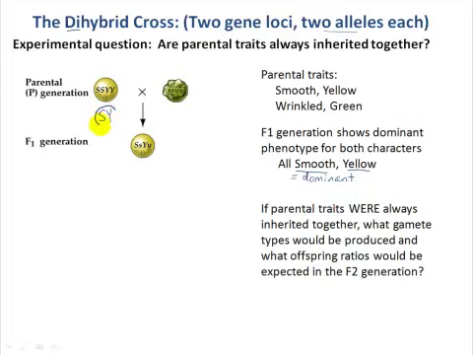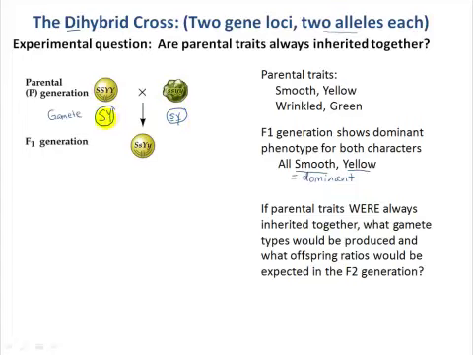Every single gamete looked like this. It had one allele, and I'm just drawing a line underneath these lowercase letters to make sure we're distinguishing them from the uppercase letters here. Each and every gamete produced by this yellow, smooth parent plant has an allele that specifies smooth and an allele that specifies yellow. So these are two different genes. Each gene is represented once in the gamete, and because the only allele for the smooth versus wrinkled gene this parent plant has is the smooth allele, that's what gets passed on, likewise for the yellow, right? And then the converse for our green wrinkled parent plant.